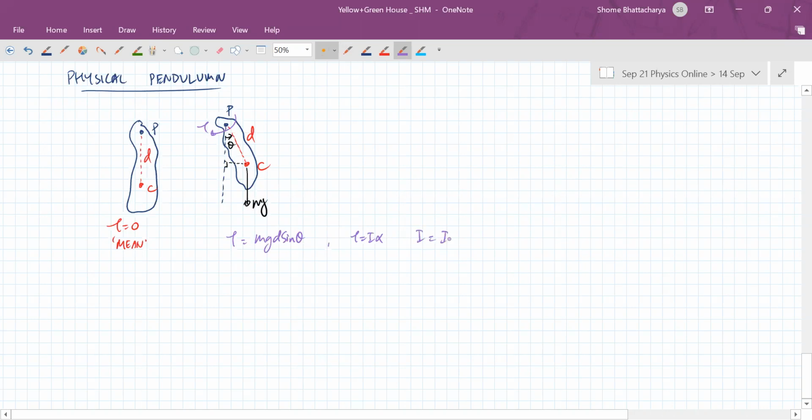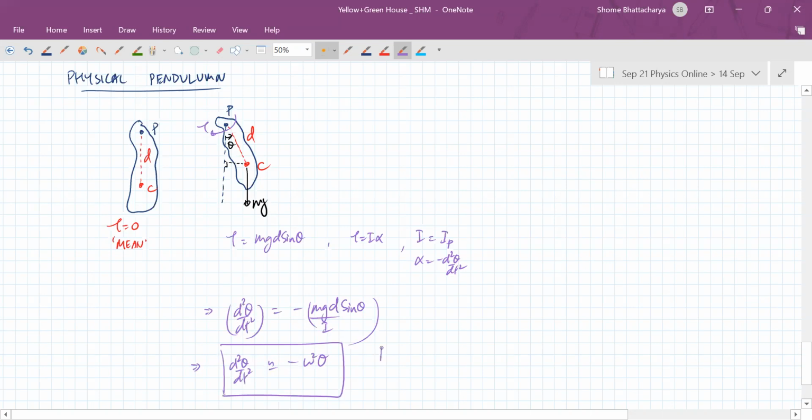where I is moment of inertia about the point P, and alpha will be written as minus d2 theta by dt square. So we get the equation that d2 theta by dt square is minus mg d sine theta divided by the moment of inertia. Now the important thing is that this can be approximated as minus omega square theta for theta being a small angle. So sine theta can be approximated as theta, and omega square becomes mgd divided by I. So the time period becomes